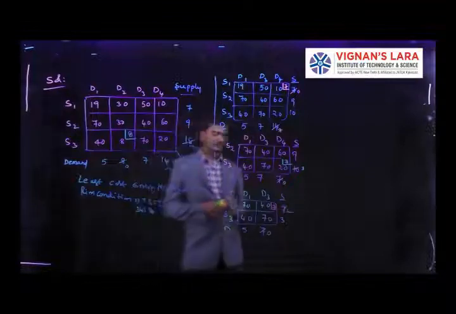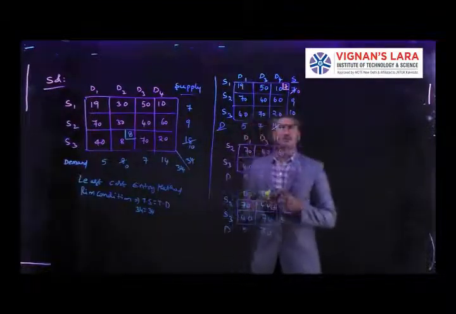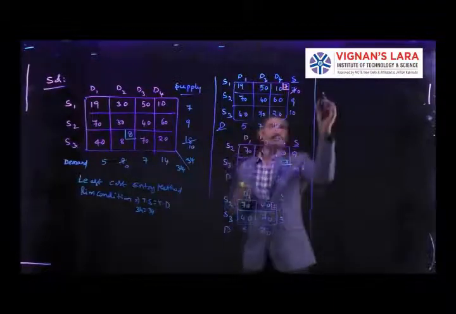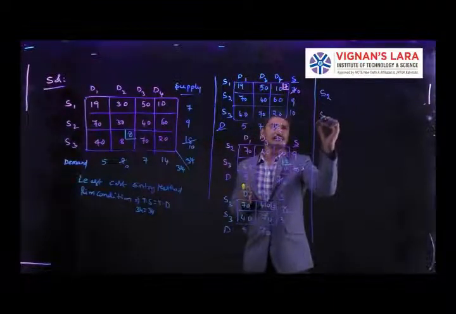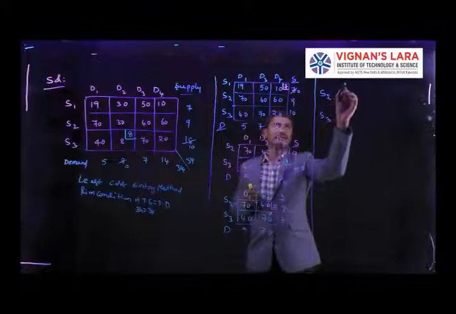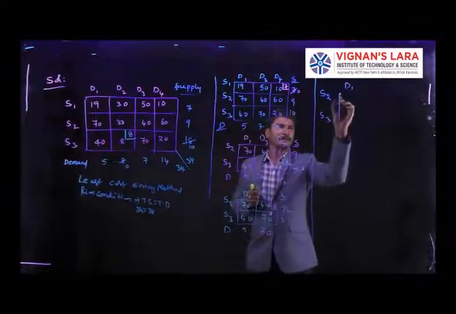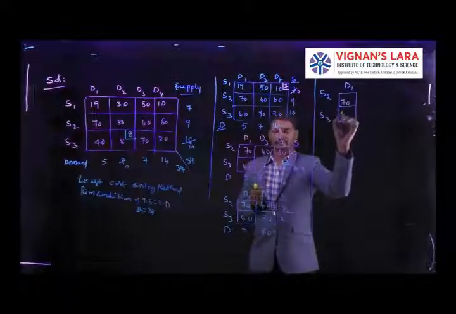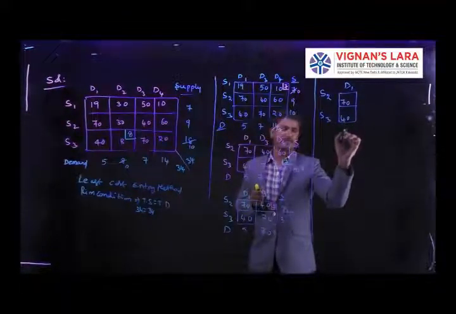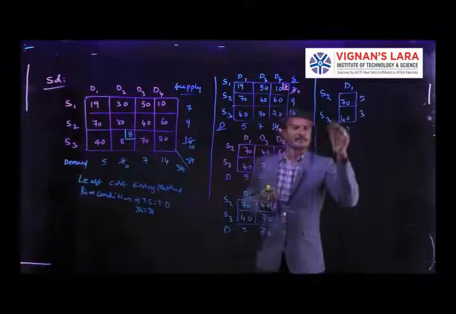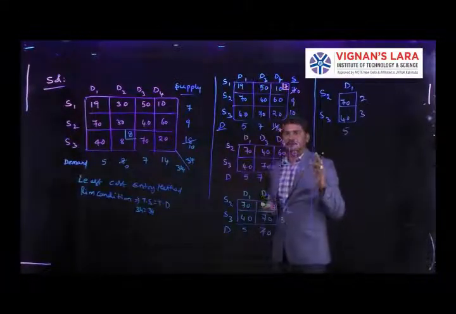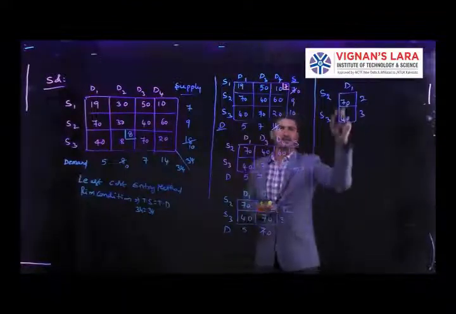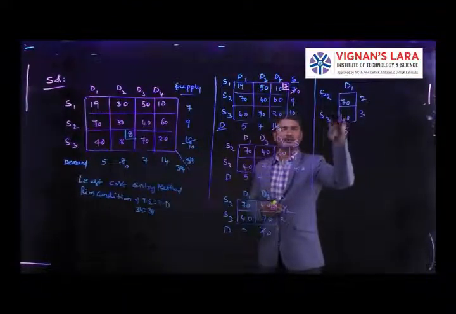After this I am going to calculate the remaining supply stations S2, S3. Finally we get D1. Here we have one row and one column, 70, 40, with 5 units and 2 units. We have to do this iteration up to a 1 by 1 matrix. Here we have only one column and 2 rows.